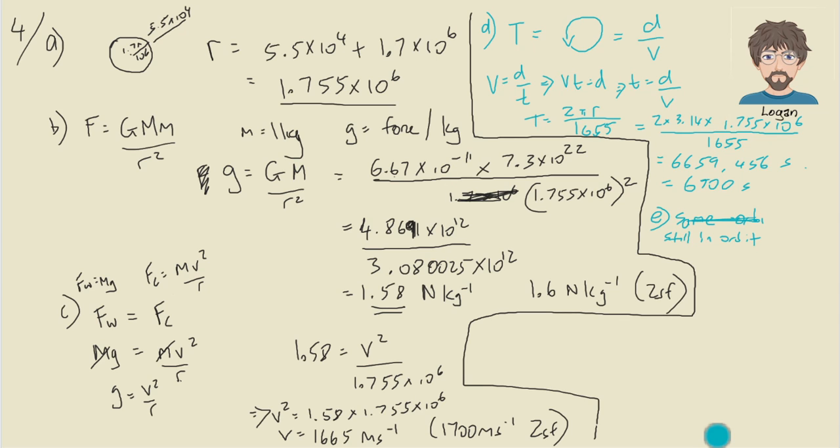So we can have a look at some of these and think, would it be at a greater speed or a lower speed in a higher orbit? Well, if we place it in a higher orbit,